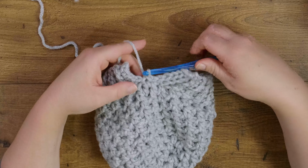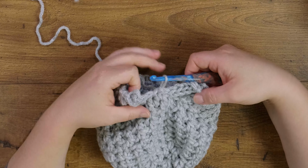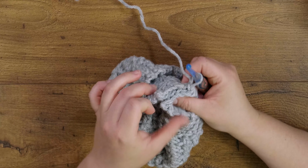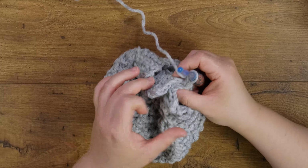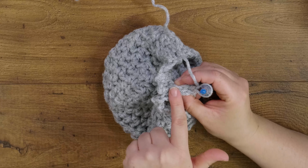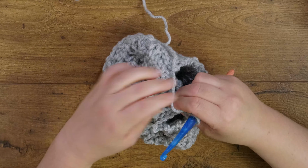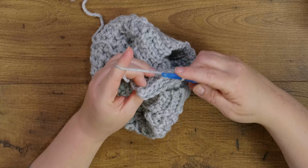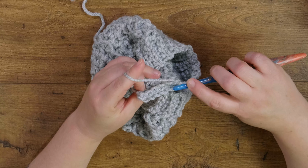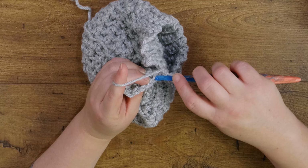And now to finish it off and to bring both of those edges together, this is where it gets a little bit awkward to work in, but I'm going to bring both sides together, and I'm going to make sure I'm working into the wrong side of the brim. So I want to work into the inside of the hat so that seam is not as visible. So I'm going to work again into the back loops only, and I'm going to slip stitch my way all the way up. So I am going to put my hook into 2, 3, 4, 5 into the back loop